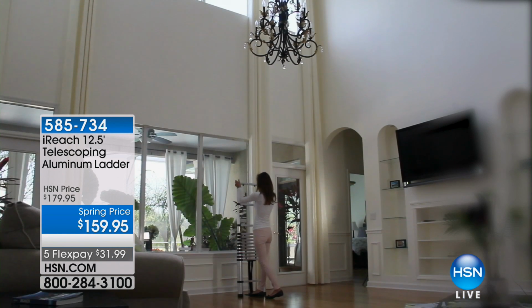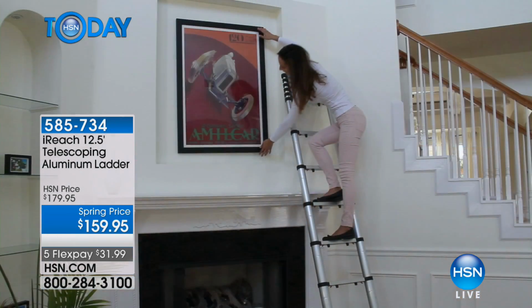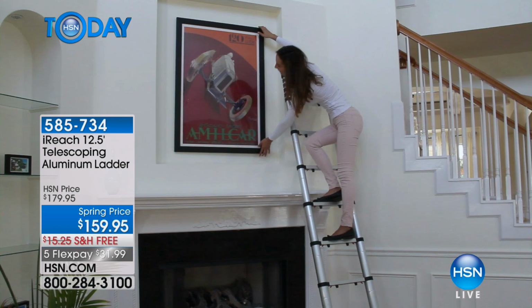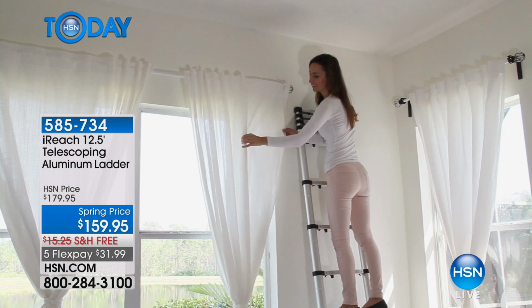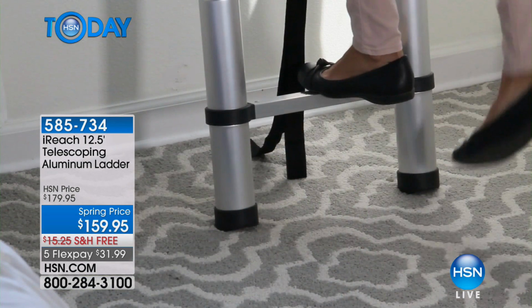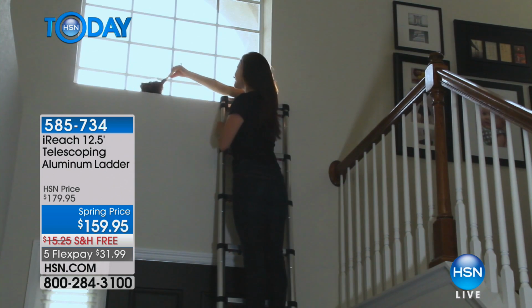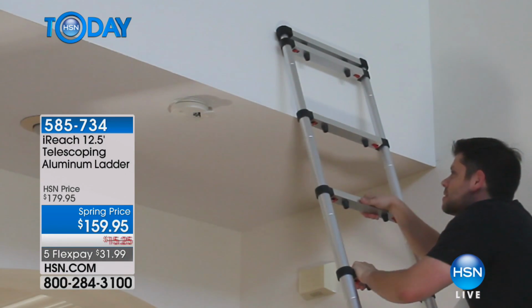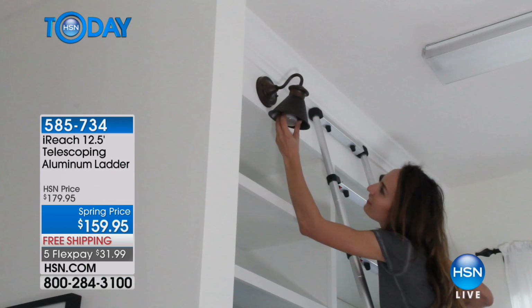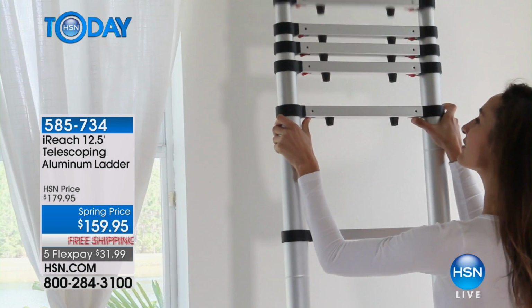This is one of those no way this can really be true. When you see what this ladder does, and I'm talking about going from 3.5 feet stored to 12.5 feet when extended, virtually making every single place in your home easily accessible. And if I told you, guess what it weighs? It weighs about 20 pounds. How is this possible? Well, it's the iReach 12.5 telescoping aluminum ladder. That's how it's possible. My good friend Tim Wilkins is here,